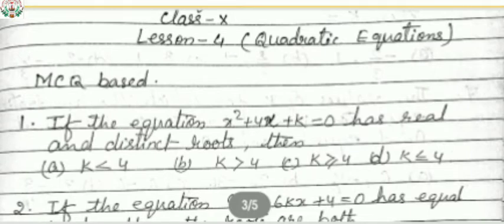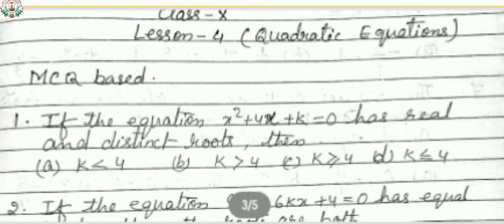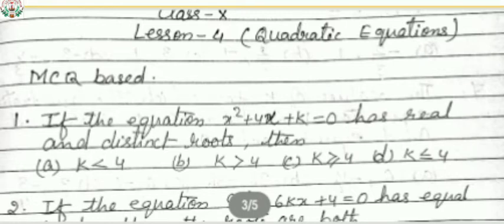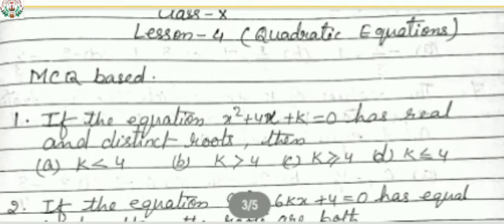Now from the quadratic equation, see what the values of a, b and c are. Put the same values in the discriminant, that is b² - 4ac > 0. Then find the value of k, and after getting it, check whether k is less than 4, greater than 4, greater than or equal to 4, or less than or equal to 4, and find which is the correct answer.